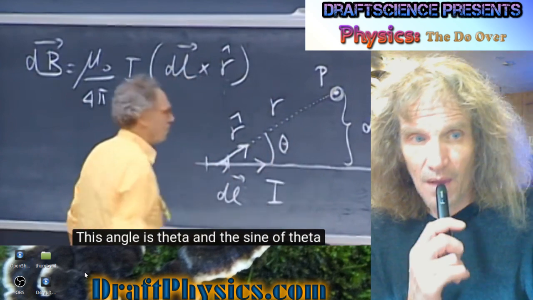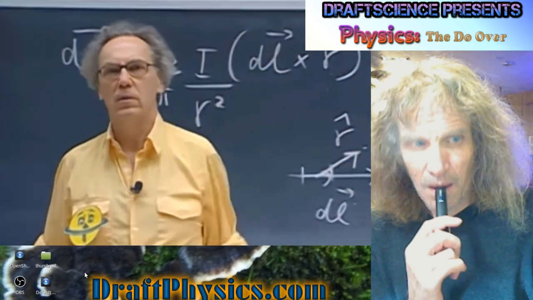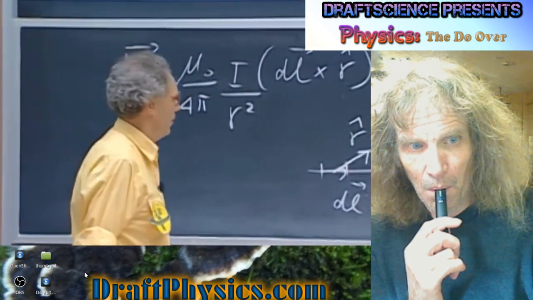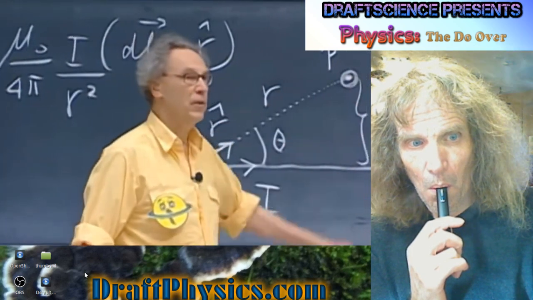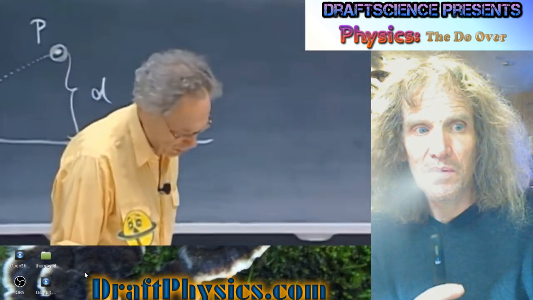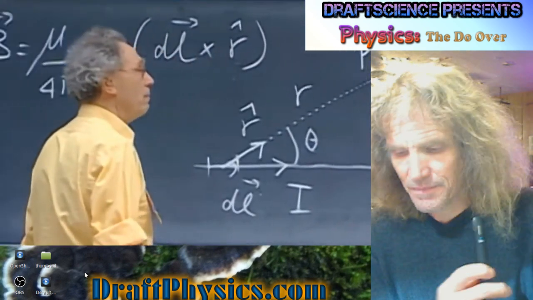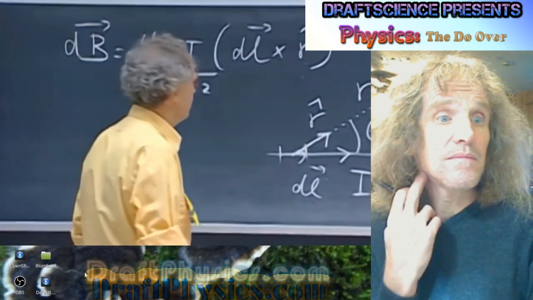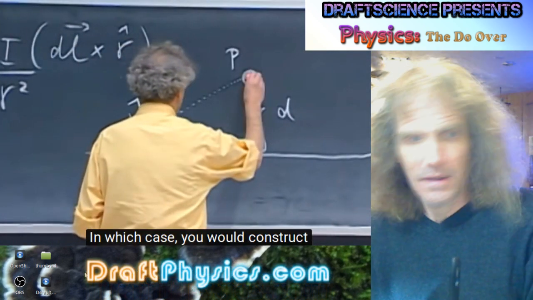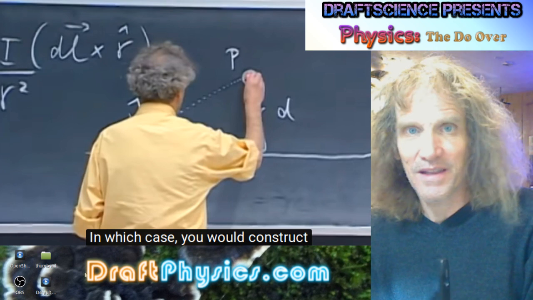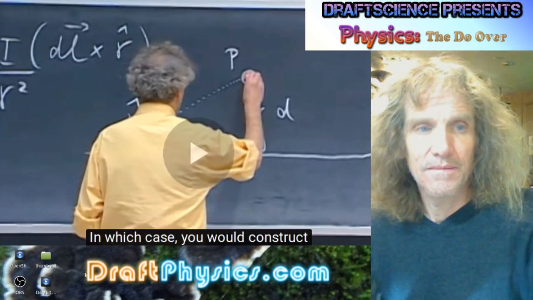This angle is theta, and the sine of theta is d divided by r. And then you have to do an integral over the whole wire, theta 0 to pi. And then you get the magnetic field here. Not a very smart thing to do, a waste of time. Because clearly the way to do this is to use Ampere's law, which is the one at the bottom there. Just take the distance, and that'll tell you everything you need to know in the current. You don't need to know anything else. How far away are you? Period.